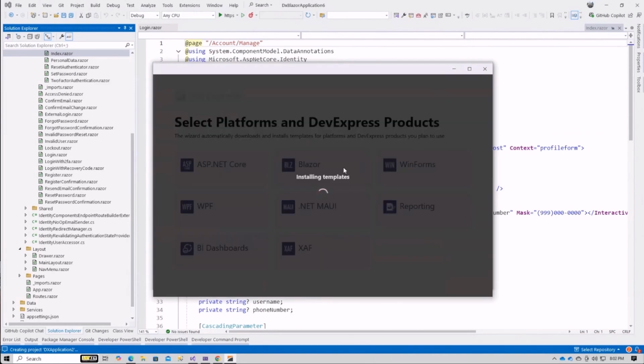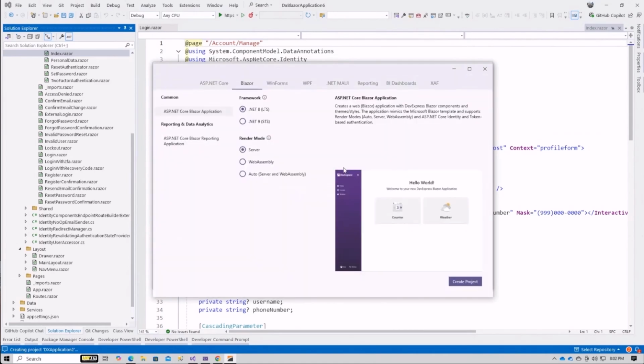And it is now, and this is a cool thing as well, as you can see, it is downloading those templates online. So whenever we have something new, it can be updated without reinstalling this stuff, because it's fetching those templates online. And this is something that we've seen before,